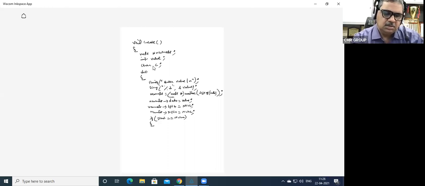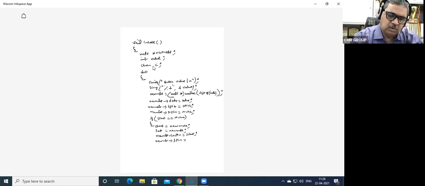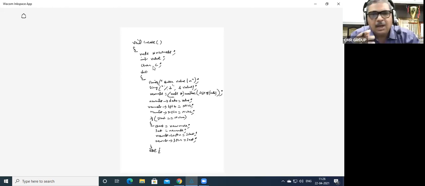Start is equal to new node, last is equal to new node, new node arrow RPTR is equal to start, and new node arrow LPTR is equal to last. So this is the end of the if part. Now tell me, how to do the else part?